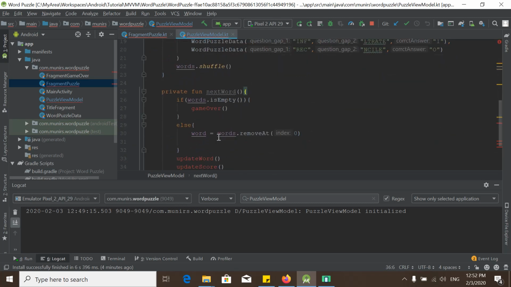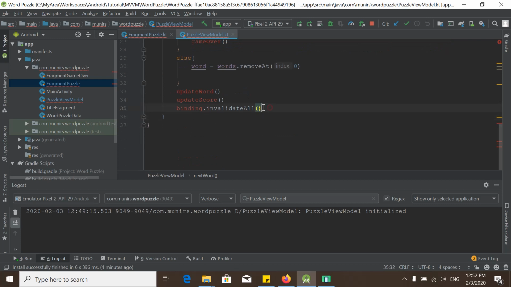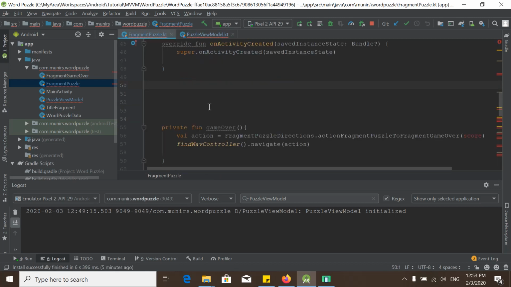And here we will just delete these 3 lines, because we do not need them here. And